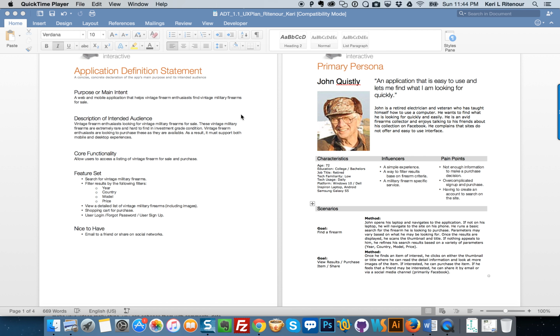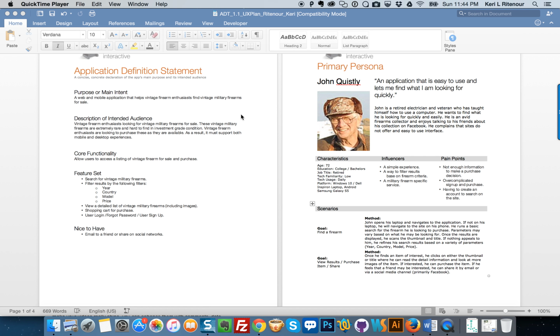Currently, he complains that sites don't offer him what he's looking for. He needs to find it and be able to purchase it if he wants, or some of the applications that are currently available are difficult to use. He wants a simple experience, a way to filter the results based on criteria and based on the specificity of the firearm that he's looking for.